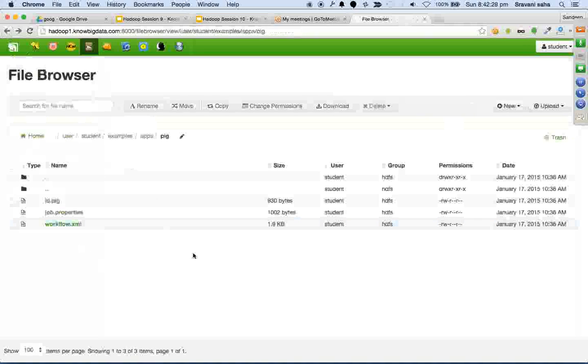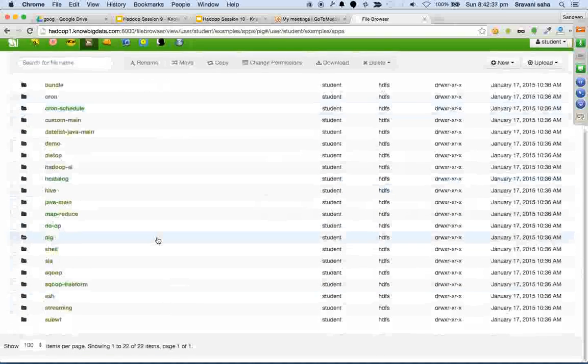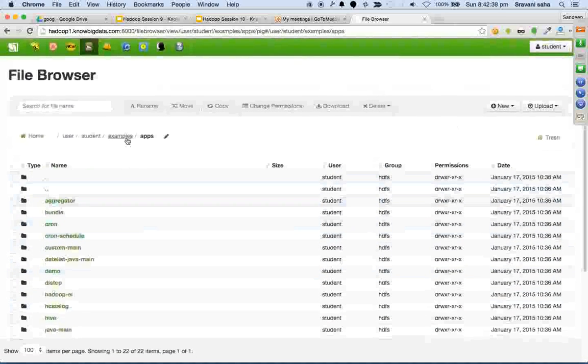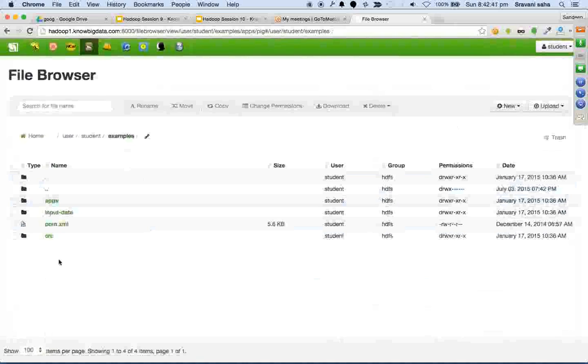Alright. In case your Pig script is using some Pig UDF, that code will also go into the same folder. And once you have done all of this, you will have one single